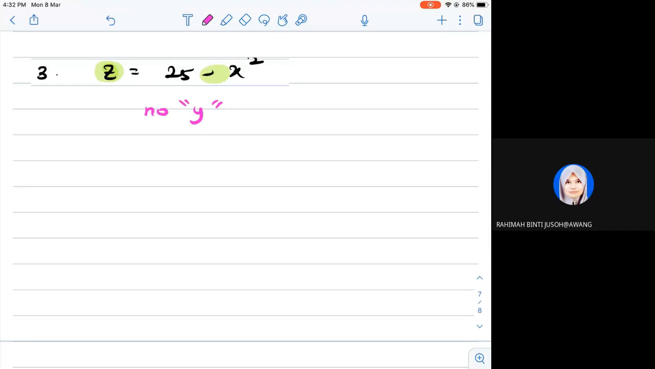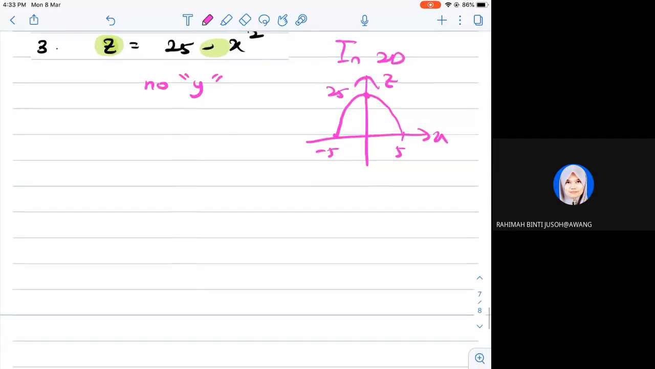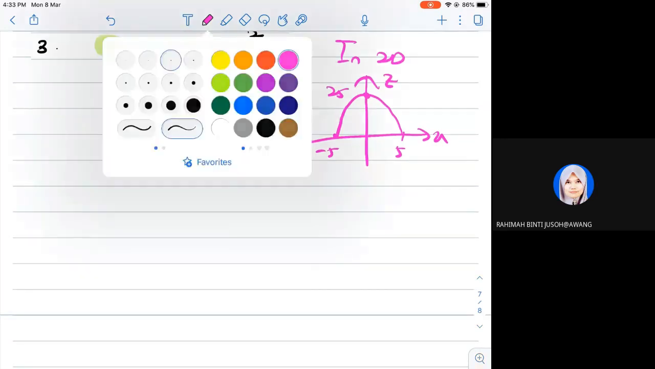Okay. So let's say lah, kalau ada yang confuse lagi, in 2D, kalau ikutkan, dia ada X, ada Z atas kan. So dia lebih kurang macam gini kan. Dia macam ni, tapi ni 25, yang kat sini negative 5, 5. So you nak transform 3D. In 3D,